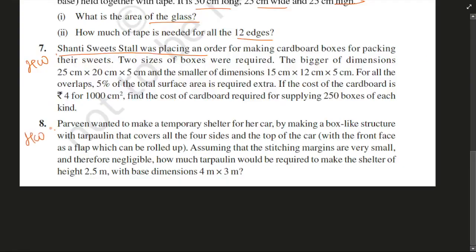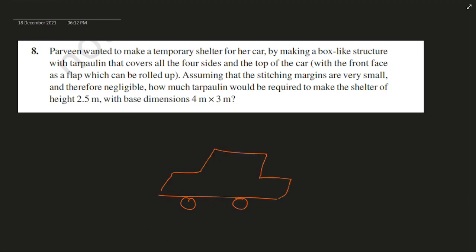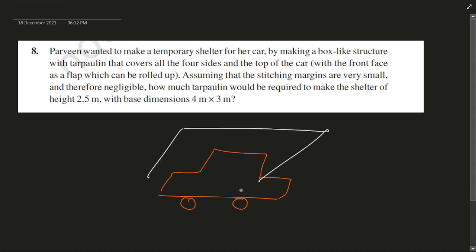Can you repeat one more time? Okay, the explanation. See, suppose this is your car, and you want to shed it with a box. So you will make a box like this, and you will do the shedding with a tarpaulin,